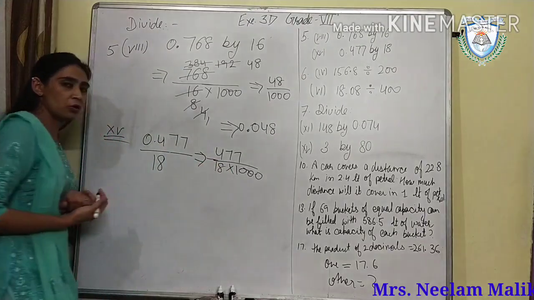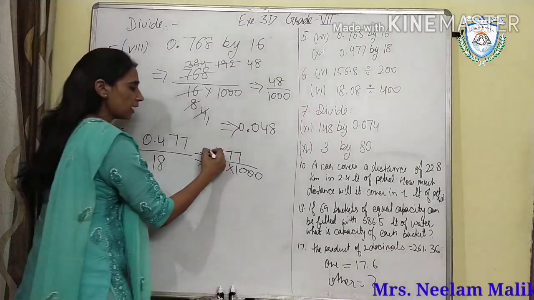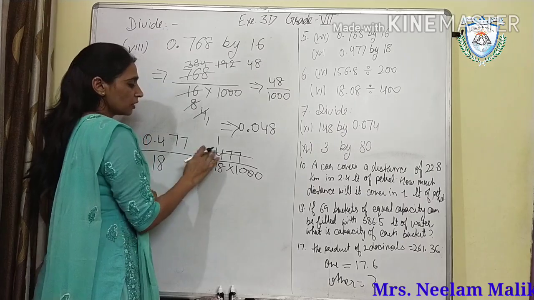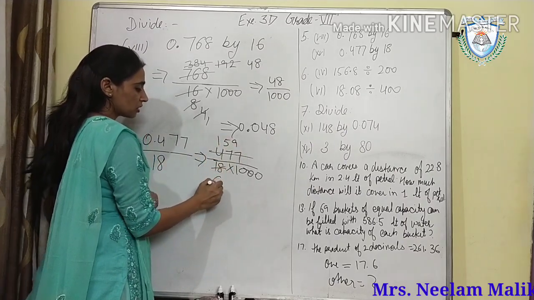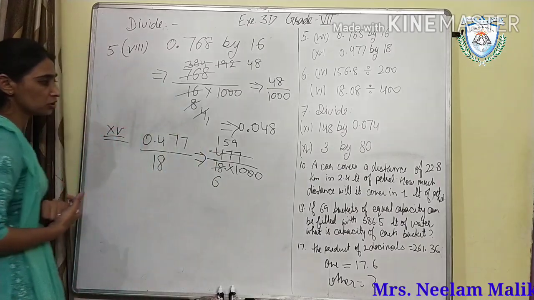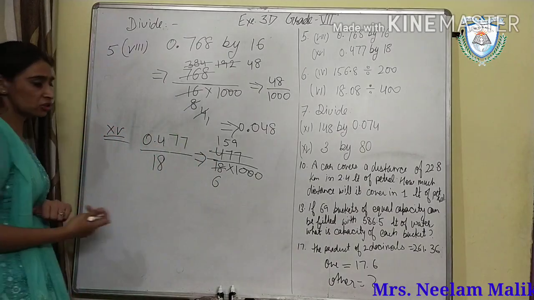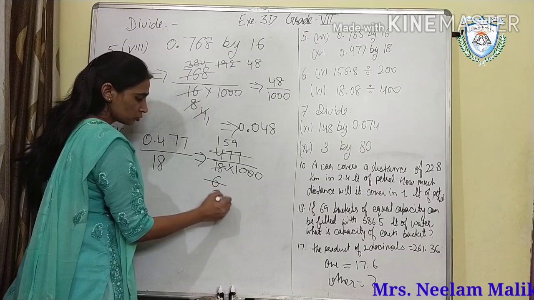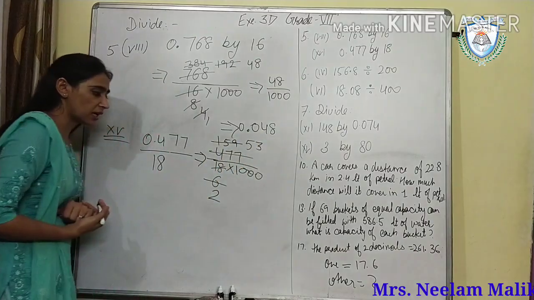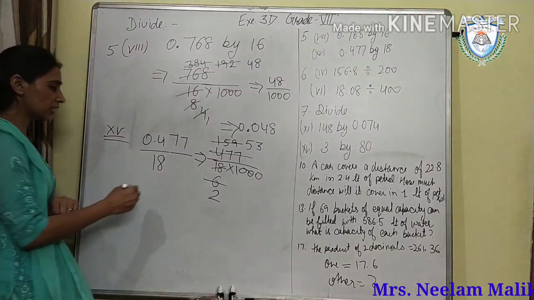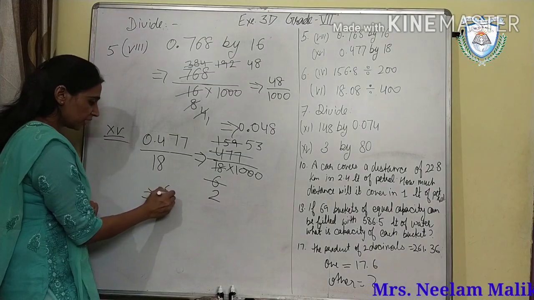Now both these numbers are divisible by 3. 3 ones are, then 1 and 7, 3 5s are 15, 3 9s are, 3 6s are. Now check that on 3. That is divisible by 3. This is also, 3 2s are and 3 5s are and 3 3s are 9. Now what do we get here? We get 53.